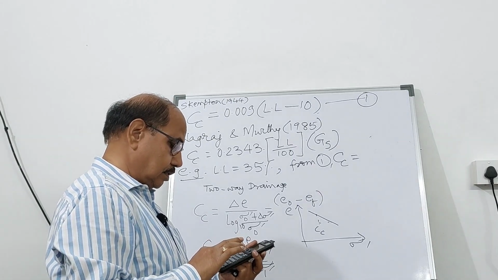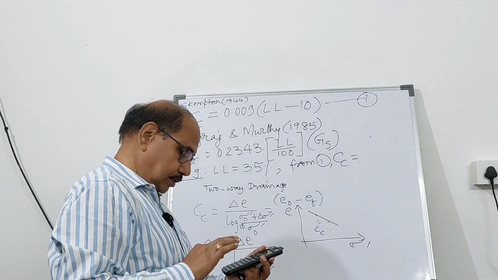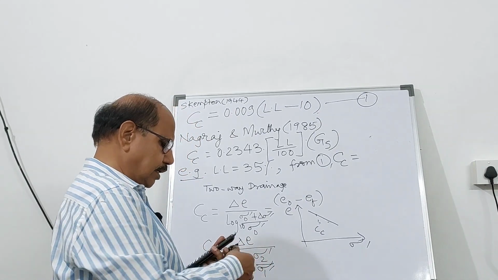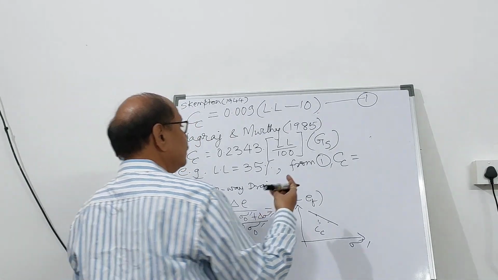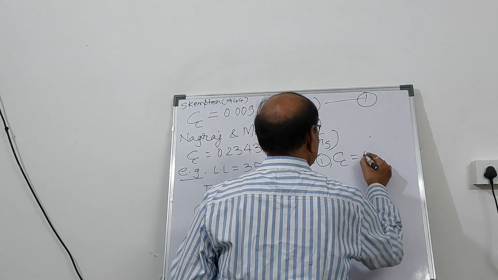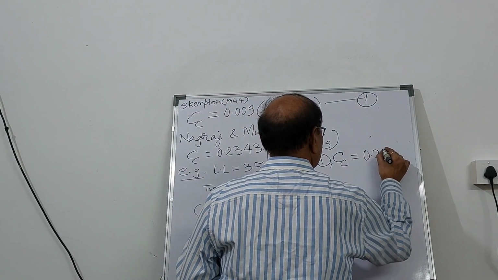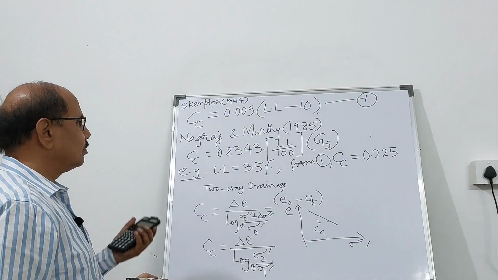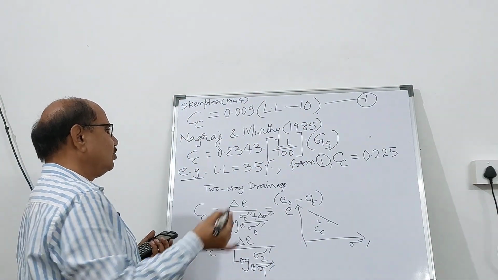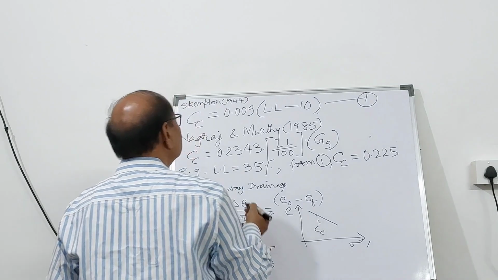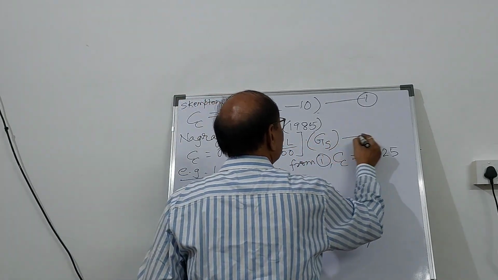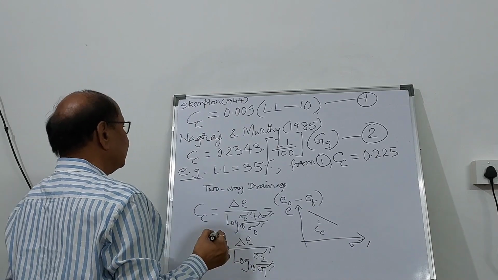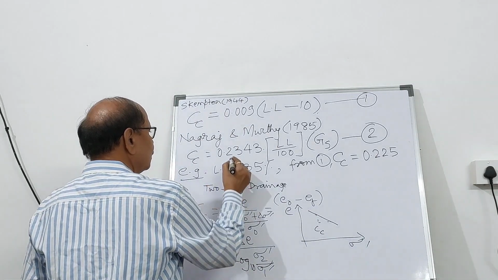0.009 multiplied by 25, you get 0.225. So this is the value of Cc. Normally for inorganic clay, you get this kind of value. And if you make use of the expression 2, then it becomes